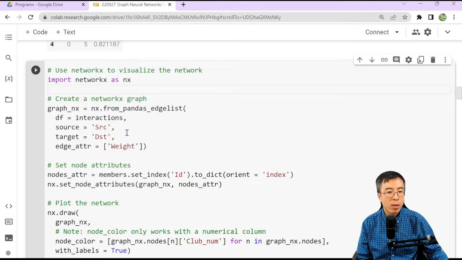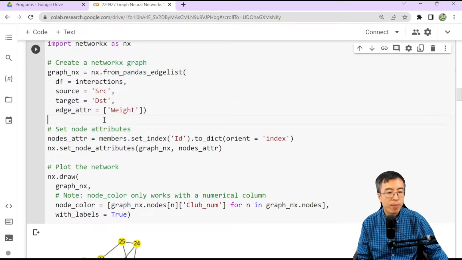Here we build the graph in networkx using the function from pandas edge list. We need to provide the data frame for interactions. We also specify the source and target, and optionally we can supply the edge attribute, here the weight.